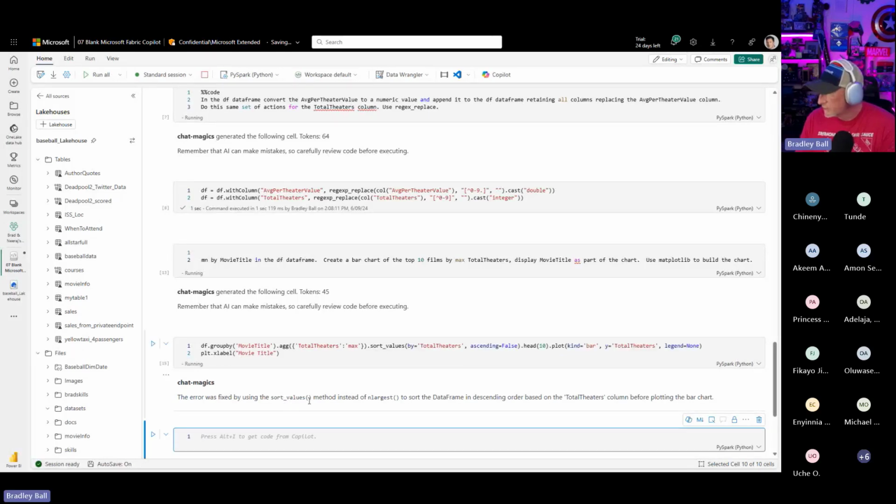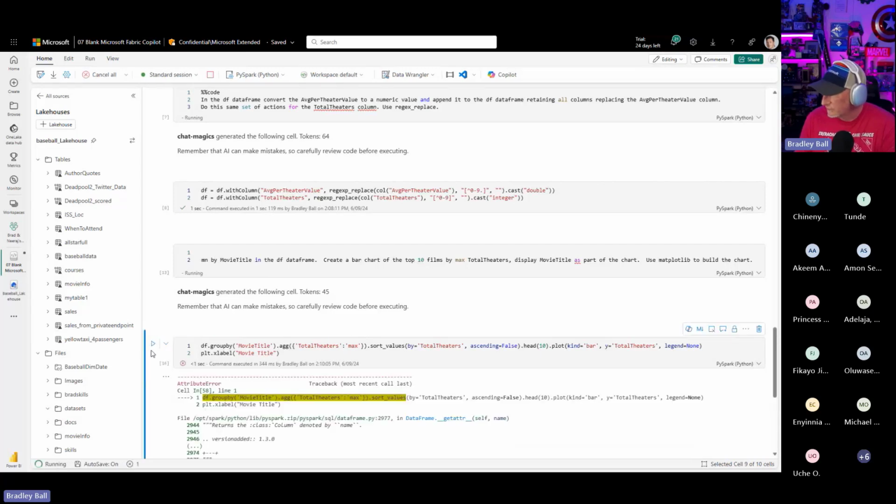By using the sort values method instead of nlargest. And it looks like it changed that. It changed the code in here. So let's see if that works. No, it still doesn't like that.